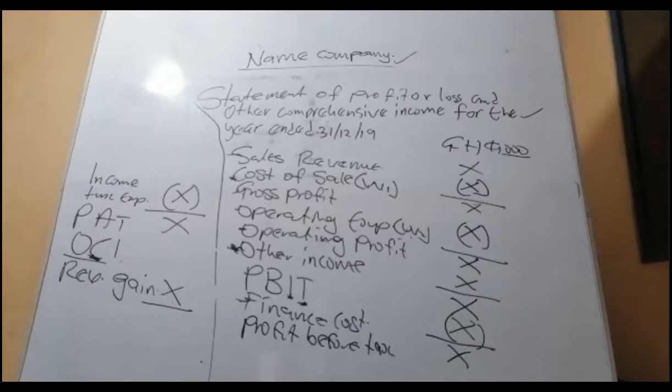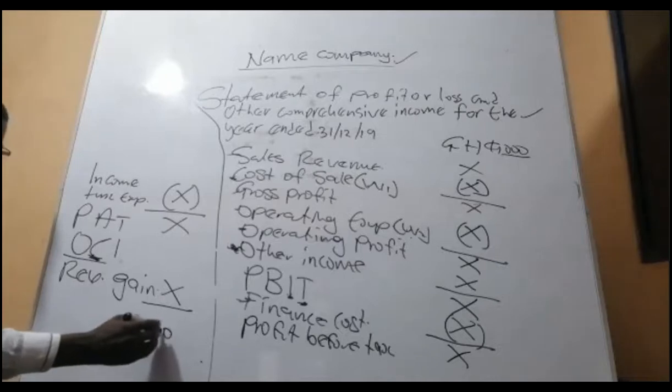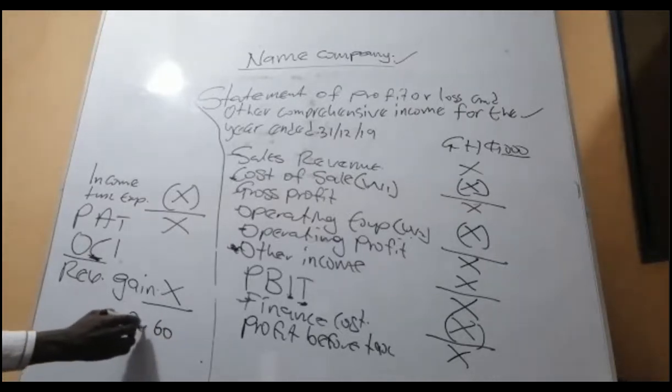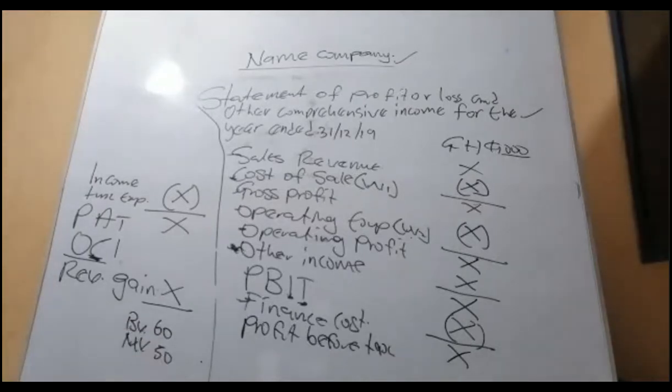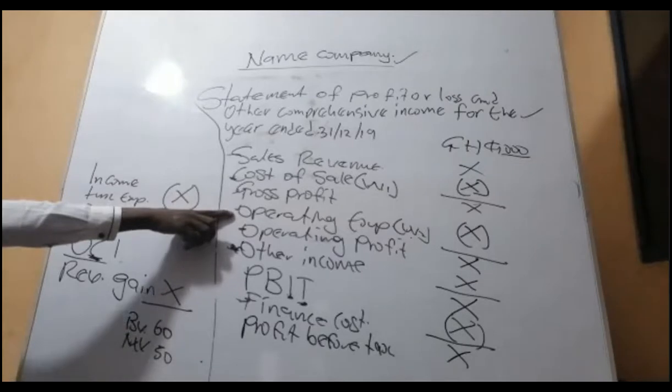So like the reverse. If the book value was 60,000, and the market value now is 50, are you gaining or losing? You are losing by 10. And here they are saying that this loss is real, because something that they are selling at market very cheap, you are carrying that high in your books. Come on, reduce the price. You are losing. So that one must go to operating expenses.